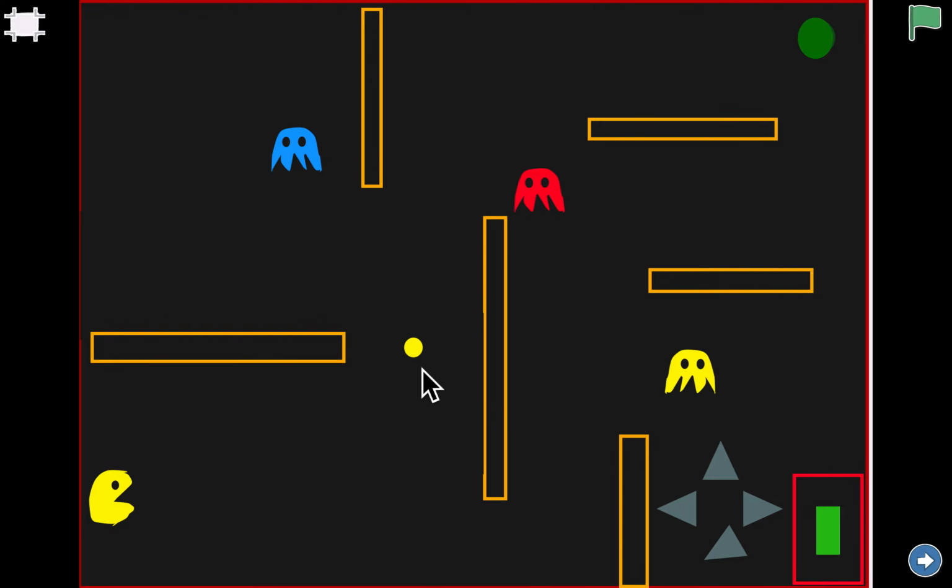As the Pac-Man eats the food, the bar will increase in length. Once the bar is filled in the entire box, the food will start appearing in the walls. That means that there is no need for the Pac-Man to eat the food anymore. Then we have to take the Pac-Man to the green ball to win the game. Let's look into the project now.